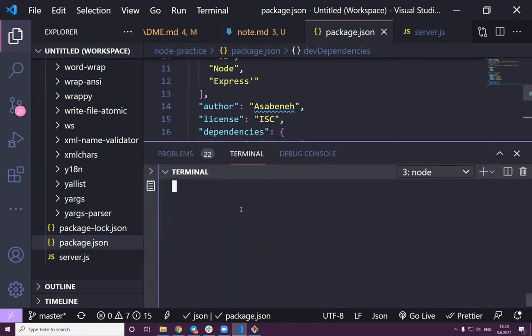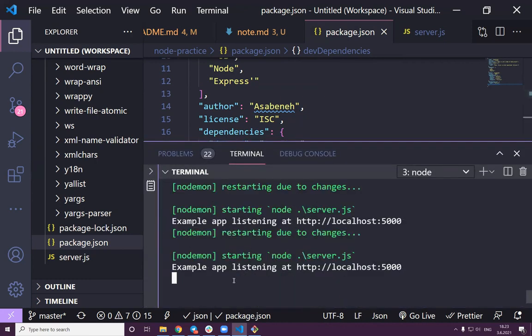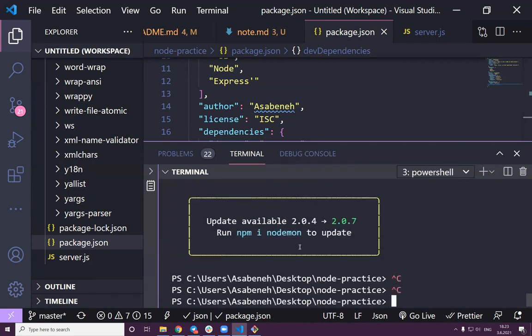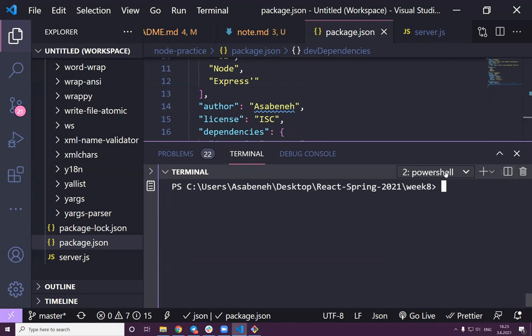Okay, now I have to stop this nodemon, Control C. Yes, I'm done, and I'm going to do that. I hope, Katarzyna, did you get an idea of why we need